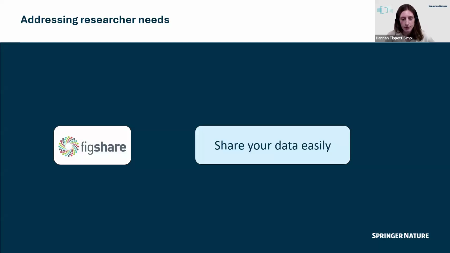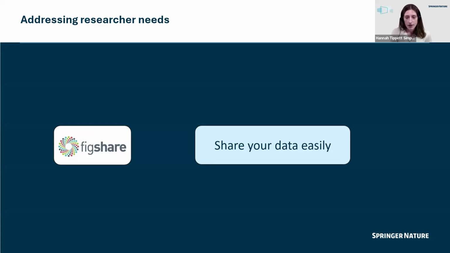So if "available on request" isn't good enough, what is? It's pretty clear that we need better systems or incentives to support you in sharing your data more openly and reliably. At Springer Nature, our approach has been simple. We want to encourage data sharing just by making it easier.